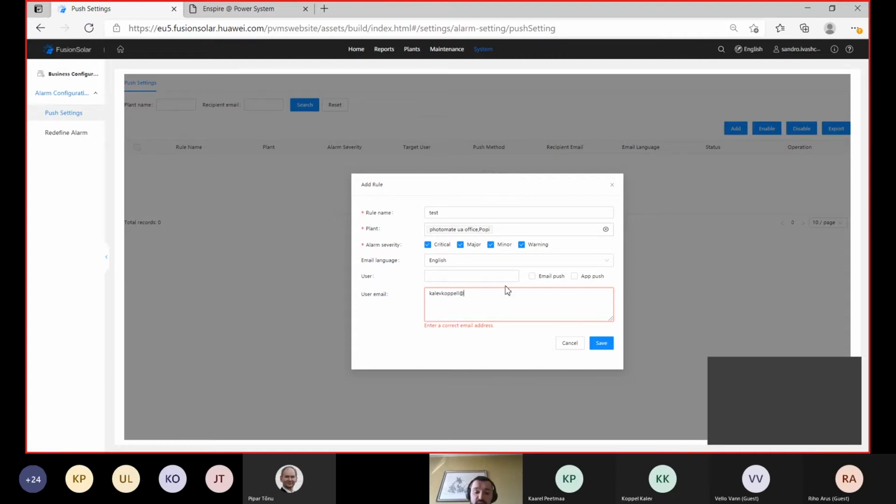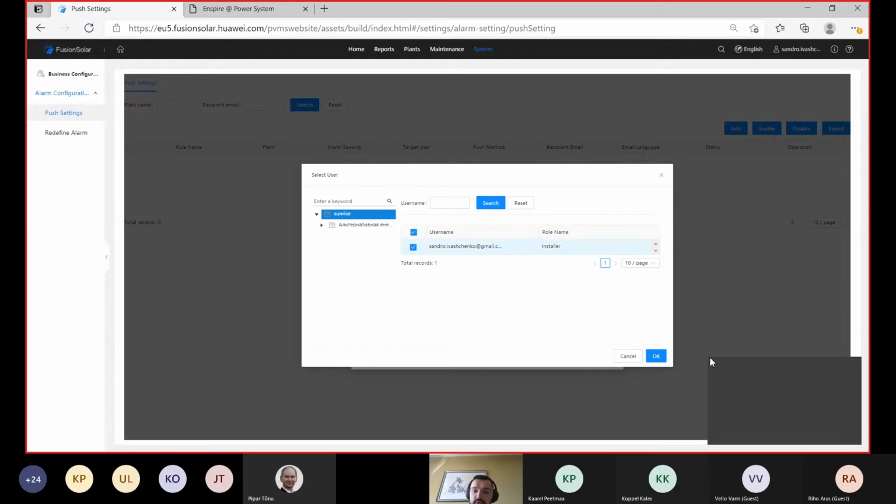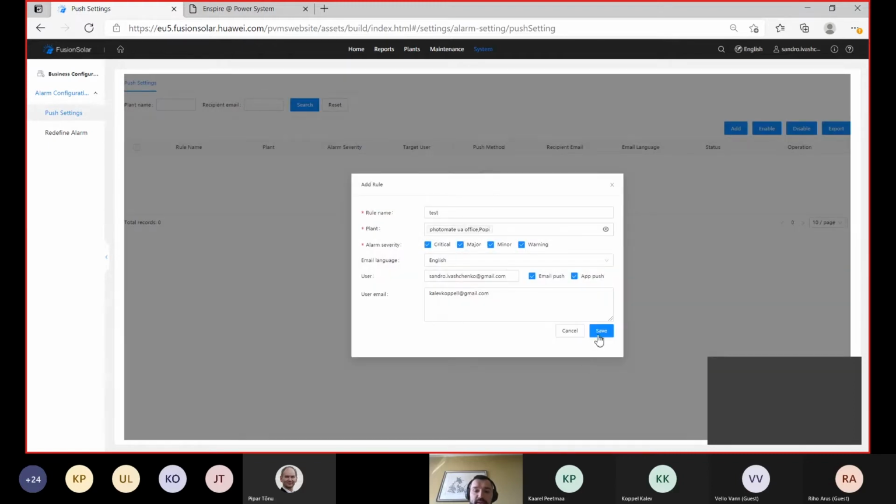After you set the address, you will save it, and you need to choose email push or the app push, and you can choose both as well, but in this case you need to choose an exact user and press save.